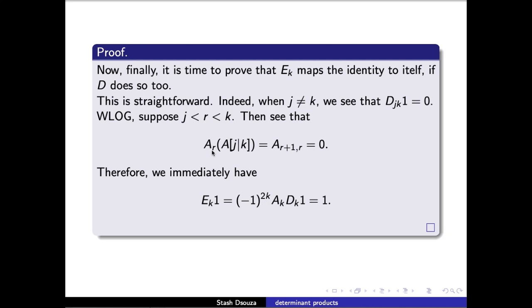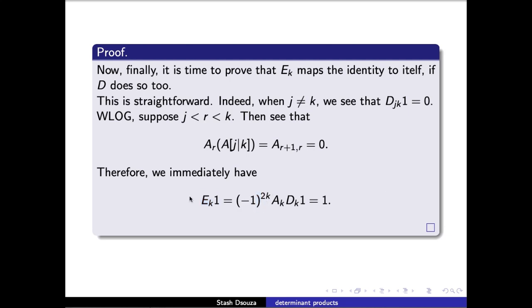Notice that if j is just 1 less than k, then what's going to happen is that the diagonal entries will all be 1 except for a single entry of 0 at the diagonal entry k comma k, because that one is going to end up getting deleted in the new augmented matrix. So we immediately have that all other terms in the definition of ek evaluated at 1 will cancel, but for the sum at index